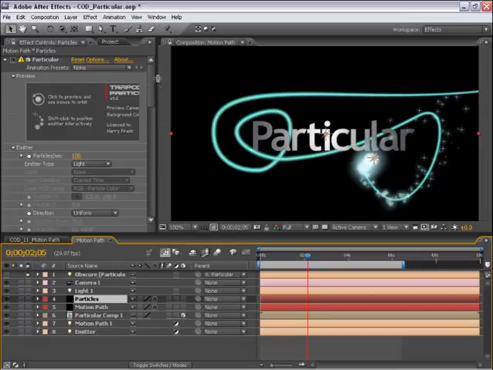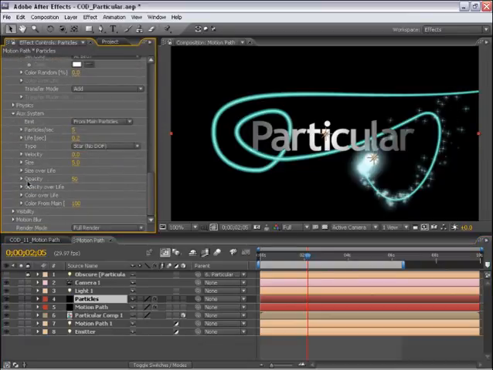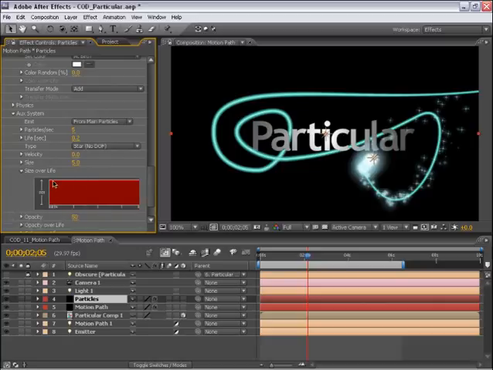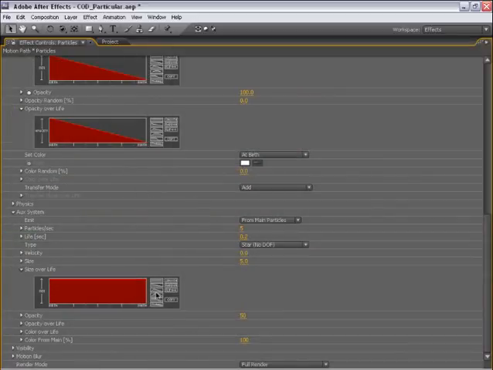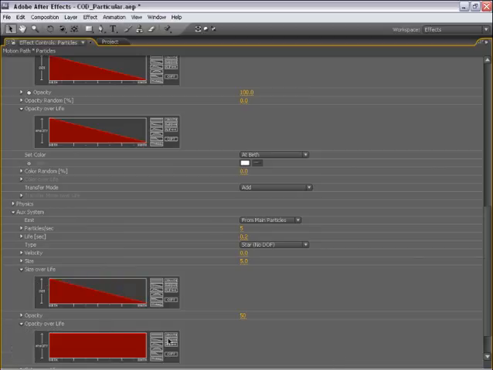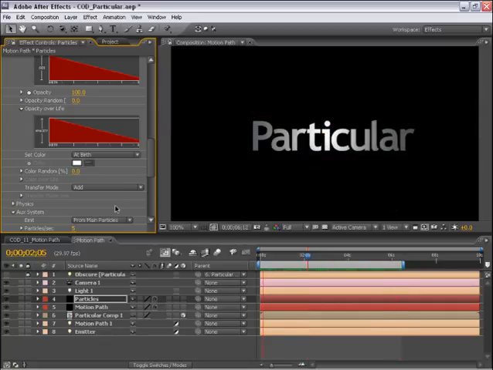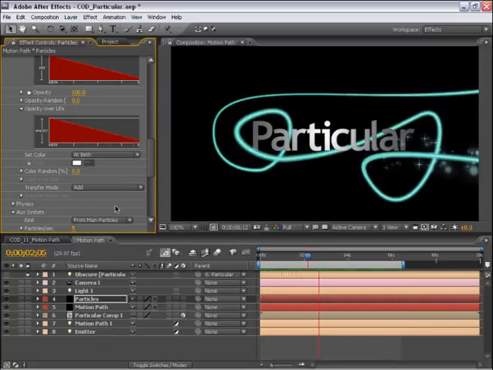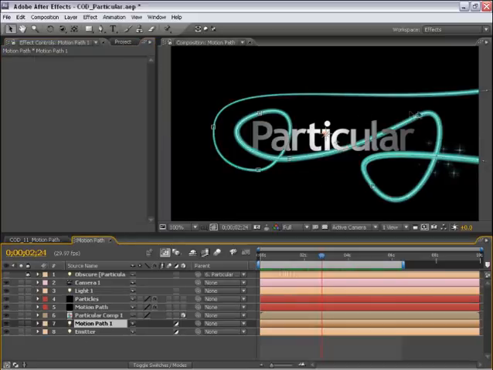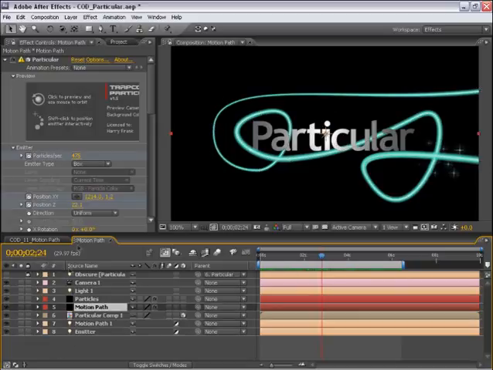Also, these stars, I have not set any sort of fade in or out. So I'll set the size over life to trail out over time, as well as their opacity. So now as they dissipate away, they'll be fading and scaling away. So as you can see, using a motion path as an emitter is very powerful and can yield great looking results. One thing I should point out,